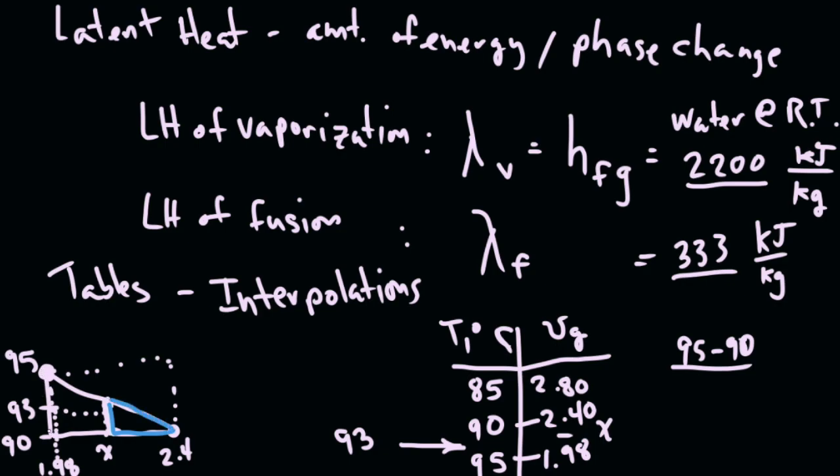The height of the large triangle is 95 minus 90. The height of the little triangle is 93 minus 90. The ratio of these heights is equal to